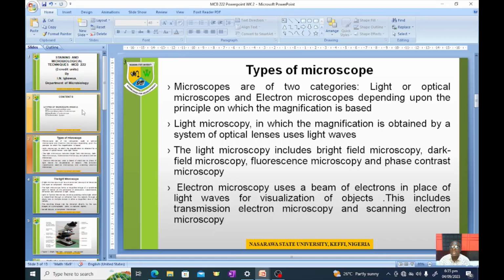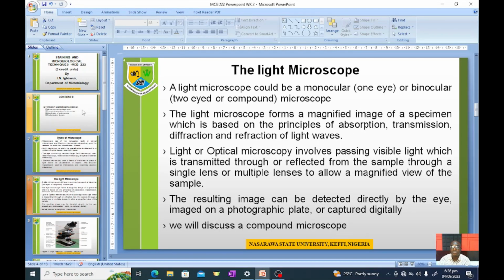Now, the other type is the electron microscope, which uses a beam of electrons in place of light waves in the optical type for visualization of objects. These include transmission electron microscopy and the scanning electron microscopy. Now, the light microscope. A light microscope could be a monocular type, which is one-eyed, or a binocular, which are